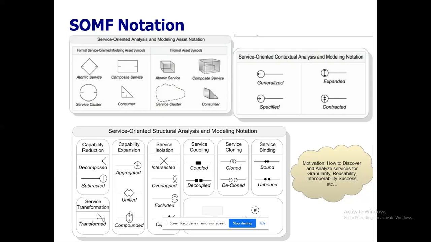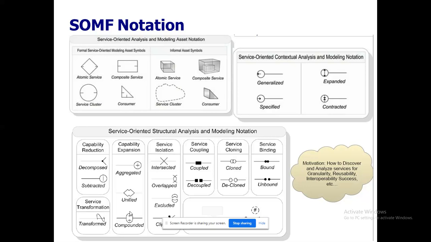That's the way to represent, if you want to say in the language of OOAD, the stakeholders or users of the corresponding representation. So these are all the representations. I think the 2D representation is enough for us. Informal asset symbols are used for theory aspects, but 2D representations are enough for us to work with the software. You can even download this SOMF from the internet and use it. It's free of cost.